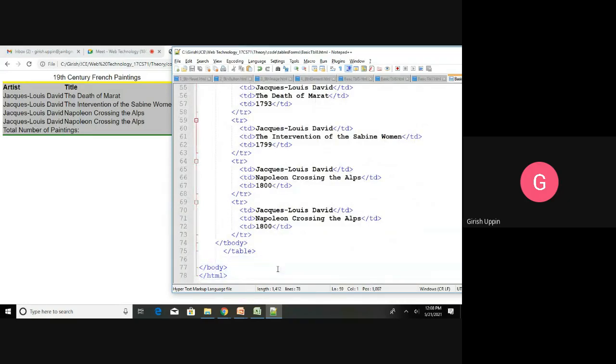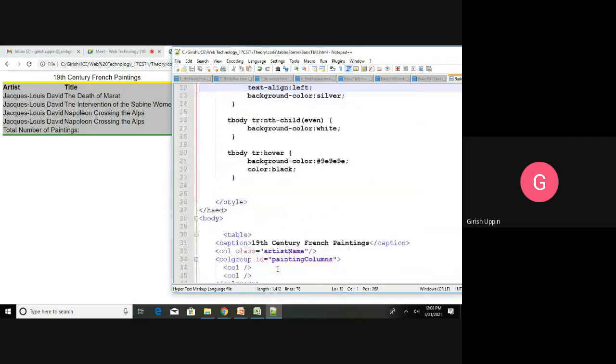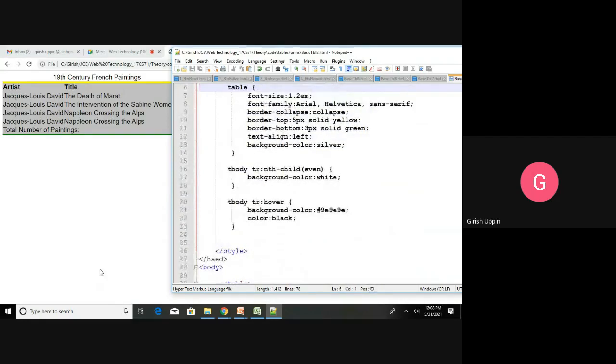Inside this tbody, this is the first TR, this is the second TR, this is the third TR, this is the fourth TR. So tbody tr:nth-child even, okay, means what?